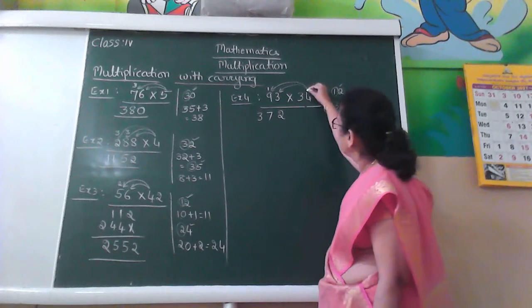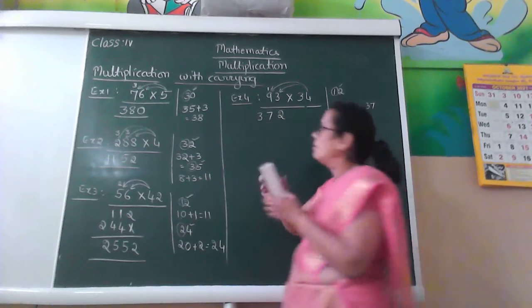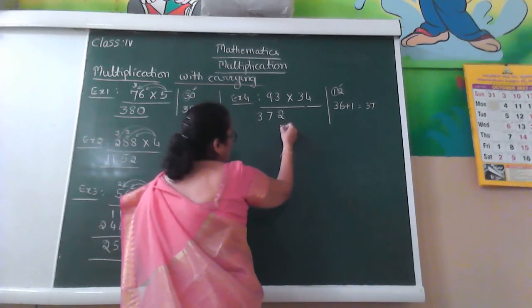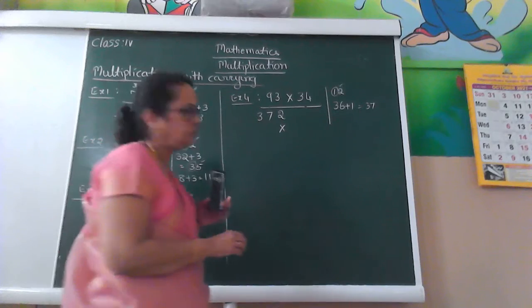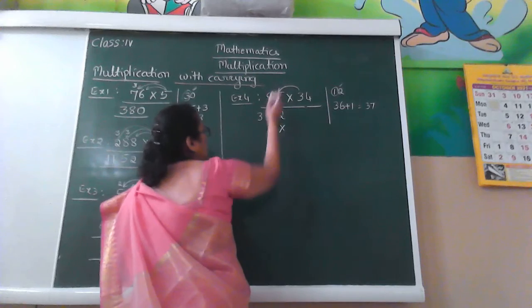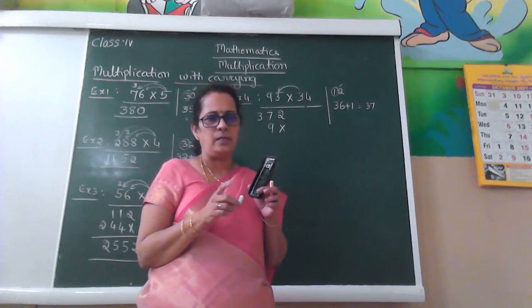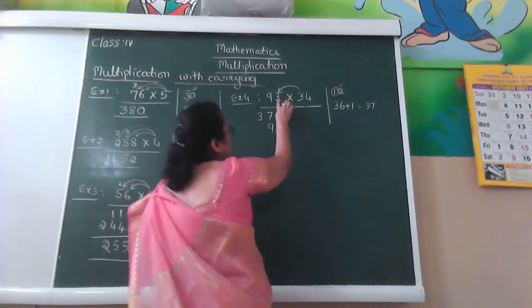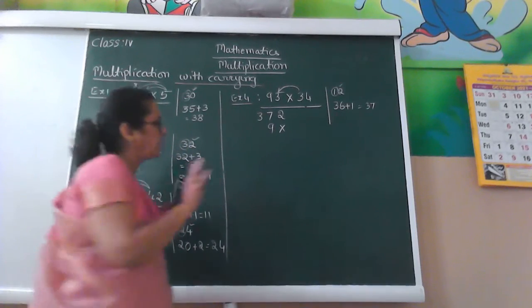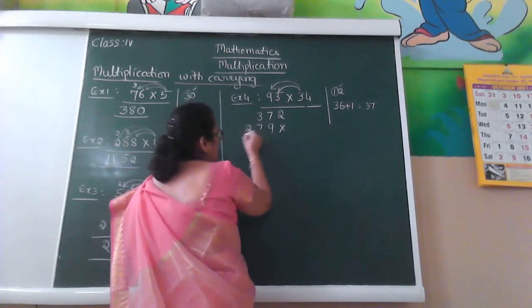So we multiplied 4 into 3, again 4 into 9. Now next what? Now below 2 you put 1 multiplication mark. Next number you take 3. 3 3s are how much? 3 3s are 9. So here after multiplication you get only a single digit, so it is not necessary to carry. Next 3 9s are 27.